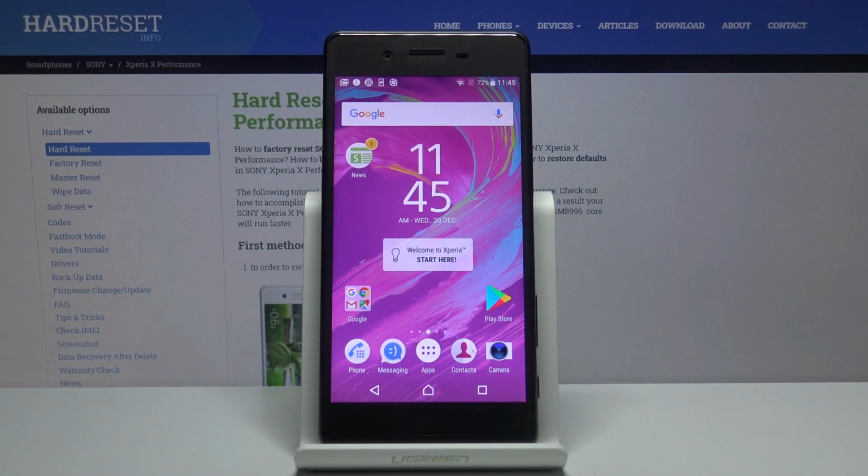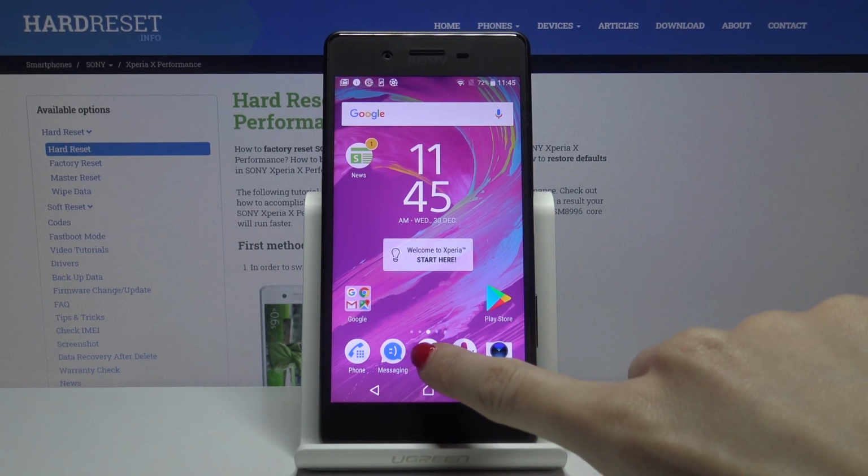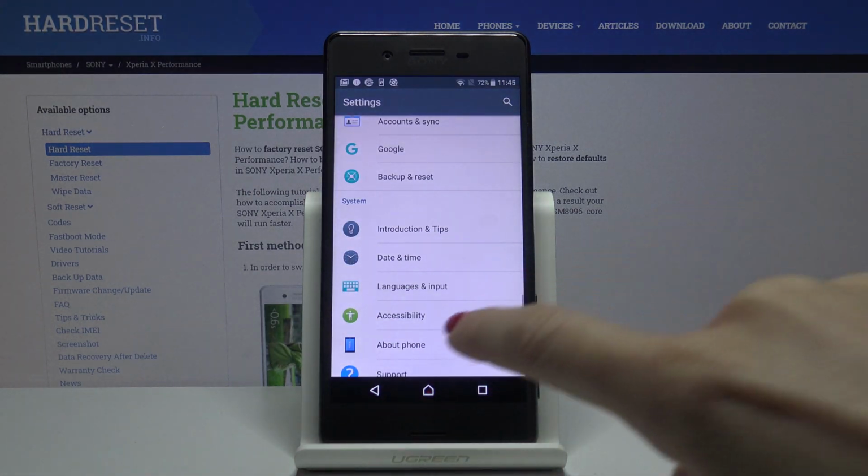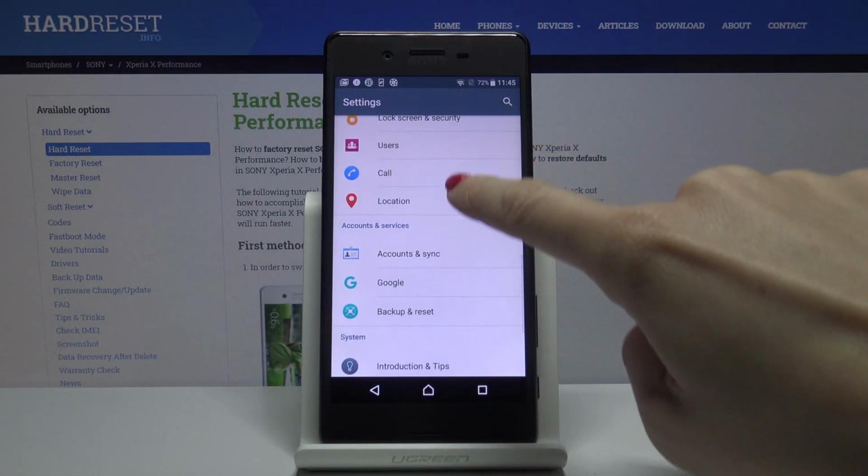In front of me is SONY Xperia X Performance, and let me show you how to change wallpaper on the following device. So first of all, you need to open apps, then go to the settings. Now find and select